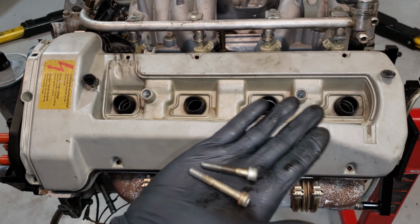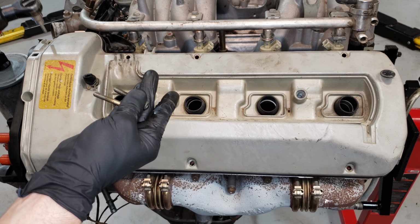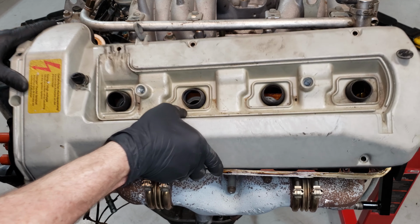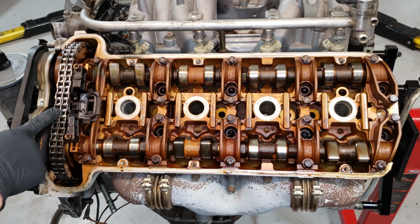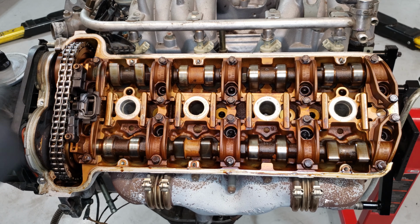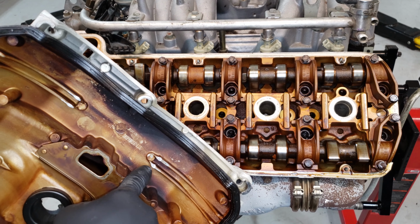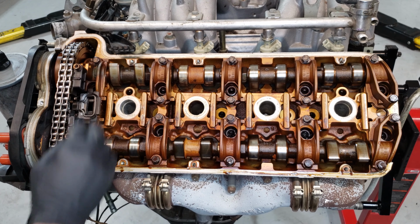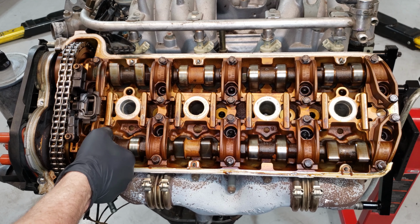And like I was saying before, you can see the long bolt that goes right there in that top corner. And a moment of truth. Yep, as you can see, this one is also broken. You can see that it's broken off right there. And you can also see right here where the timing chain looks like it was making contact with the underside here. So this will have to get replaced,